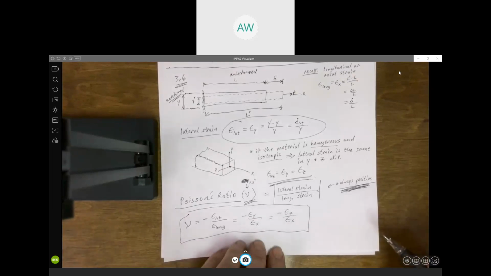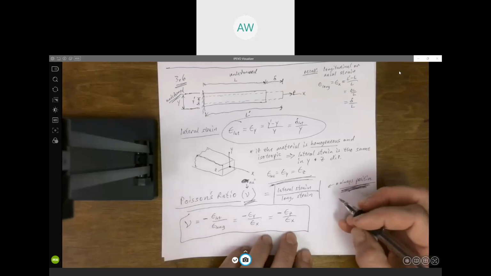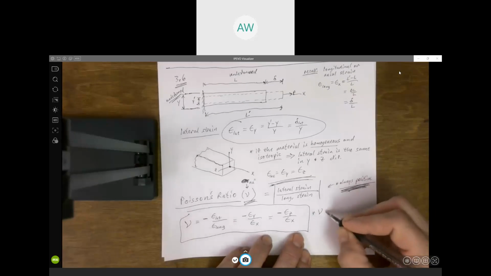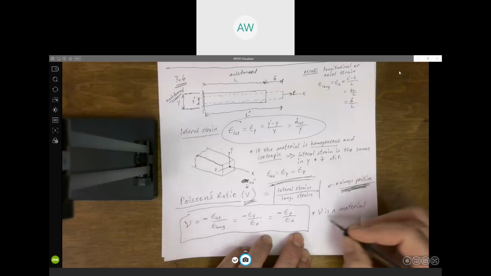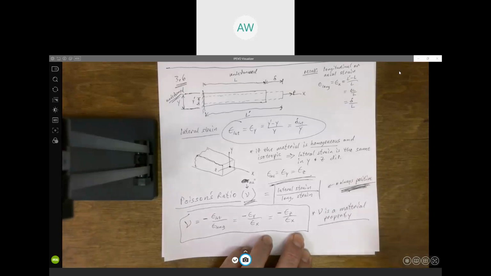And this is also a material property. So Poisson's ratio is a material property. Different materials have different values of Poisson's ratio. That's, again, determined very easily in a lab. You would take a specimen like that picture and apply an axial force, measure how far it changes in the axial direction, measure how far it changes in the lateral direction, and plug those numbers in,